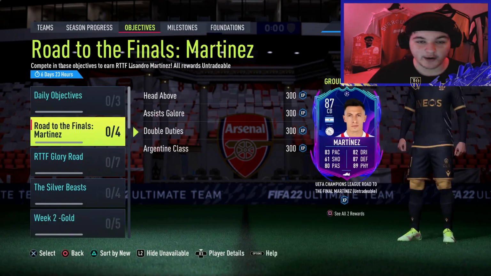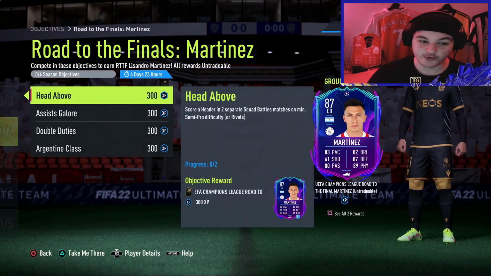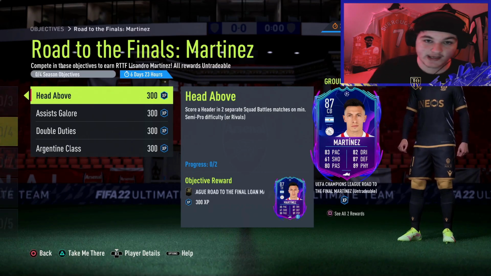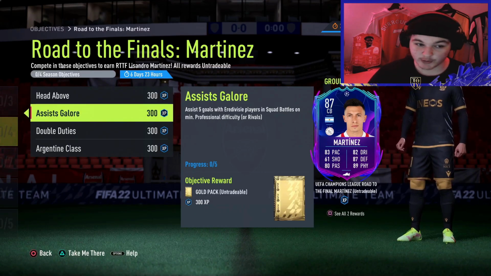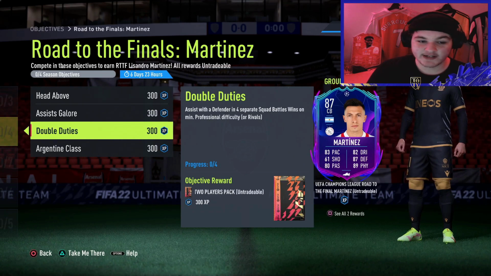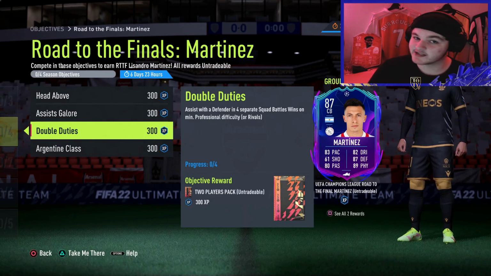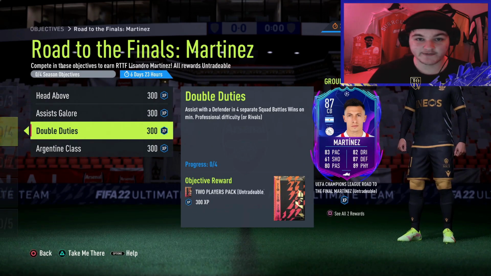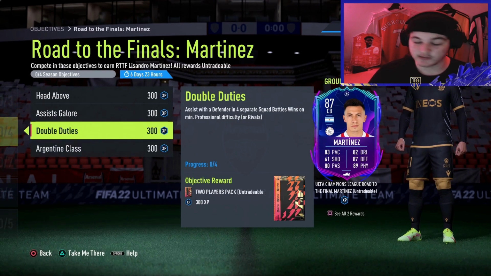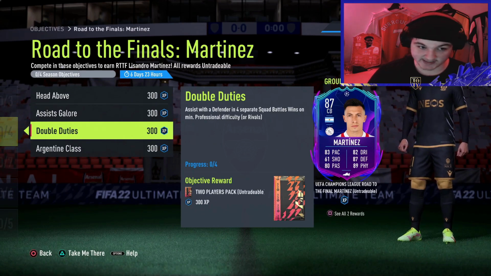Now just to go over the objectives, you could say score a header in 2 separate matches. Now obviously you're just going to be wanting to cross with Square on the PlayStation, X on the Xbox. Assist 5 goals with Eredivisie players, your whole front 3 and midfielders, Eredivisie. Assist with a defender in 4 separate Squad Battle matches. As I said, pause straight away, move Tagliafico and Montiel, your right back and left back, up to right wing and left wing in game, so it is easier to get the assisting chances,